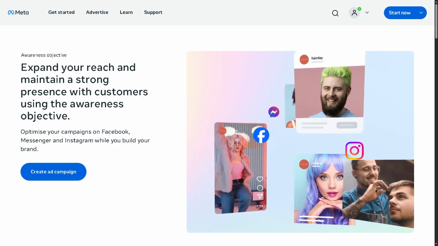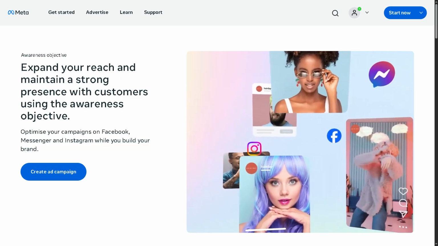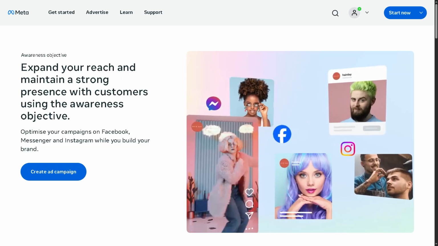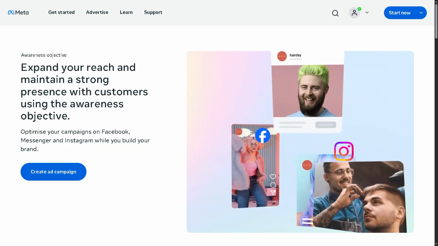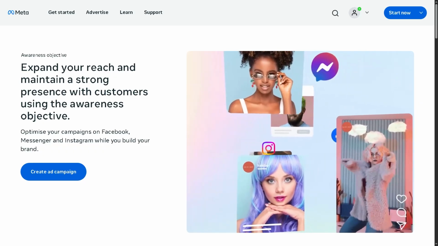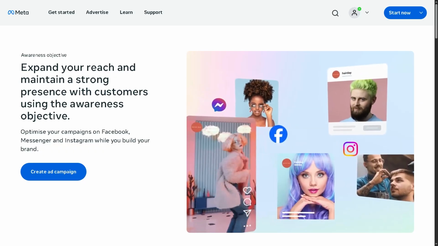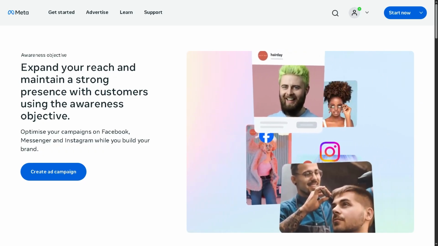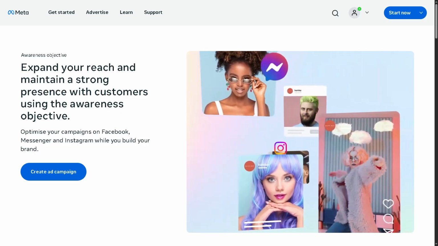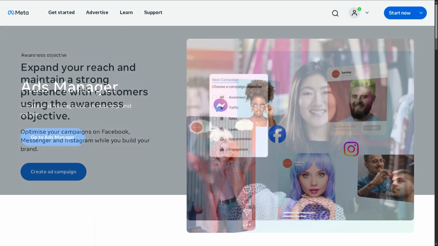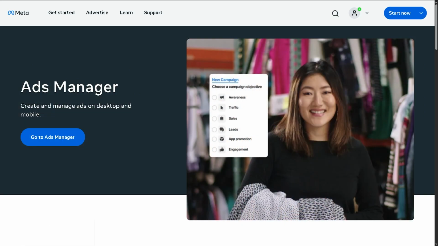In today's video, we are going to show you how to create a product catalog on Facebook, so you can start promoting and selling your products directly through Meta, tools like Facebook Shops and Instagram Shopping. Let's begin. Now, the first thing that you need to do is to click the Go to Ads Manager because